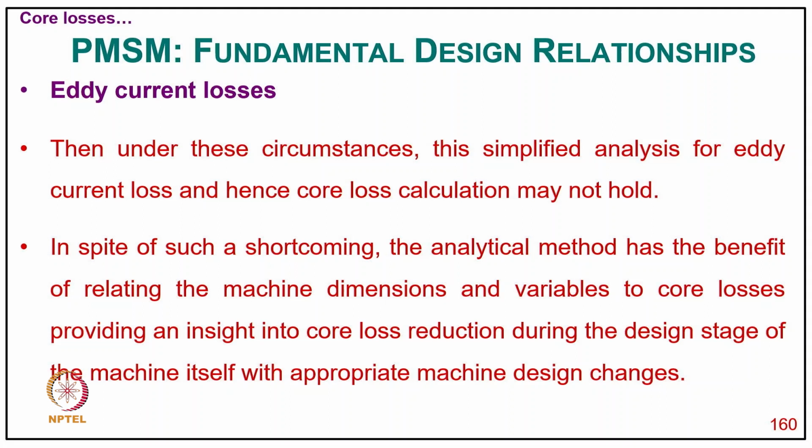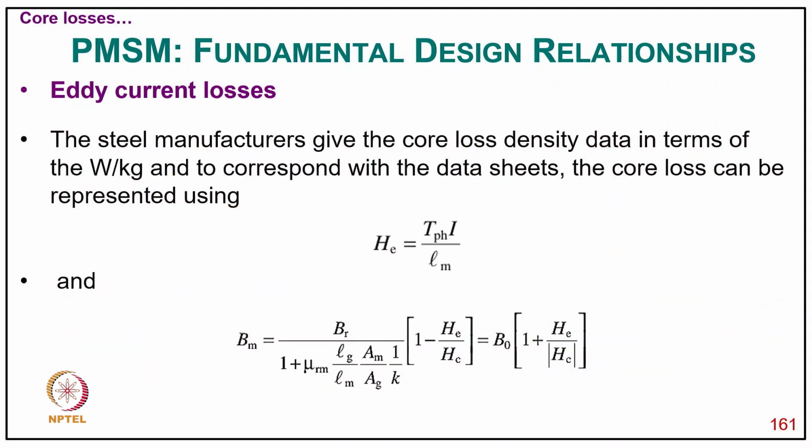In spite of such shortcomings, the analytical method has the benefit of relating the machine dimensions and variables to core losses, providing an insight into core loss reduction during the design stage of the machine itself with appropriate machine design changes. The steel manufacturer gives the core loss density data in terms of watt per kg in the data sheets, and core loss can be represented as H equal to TPHI upon LM,